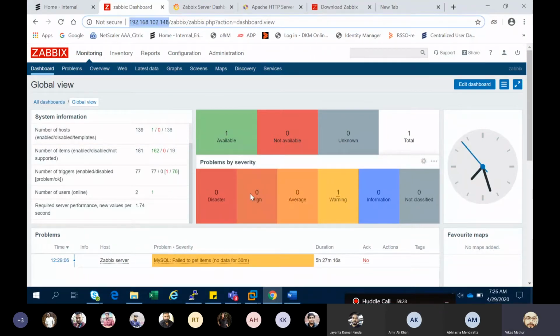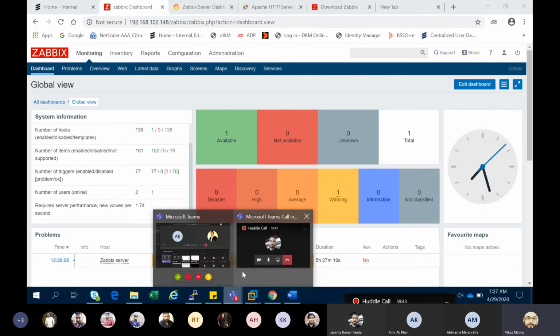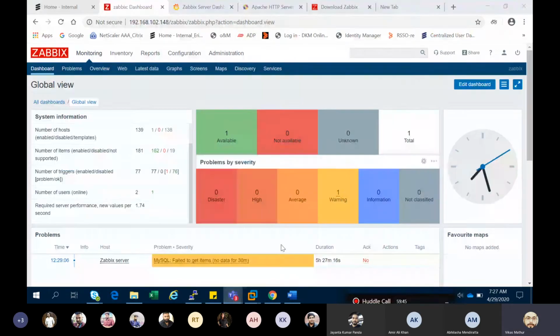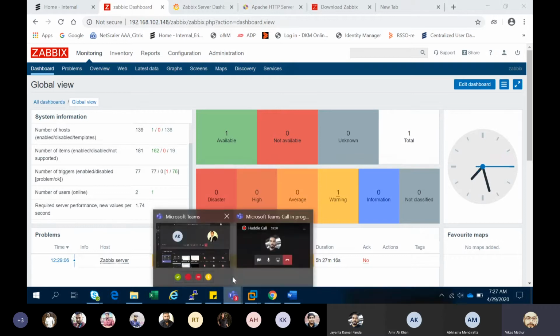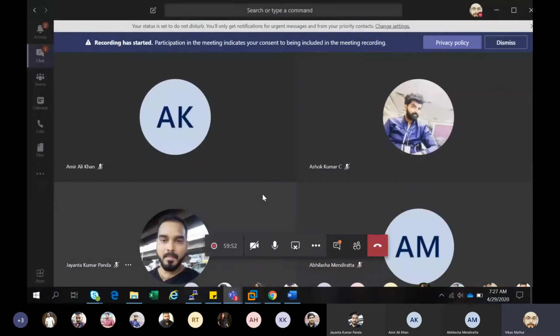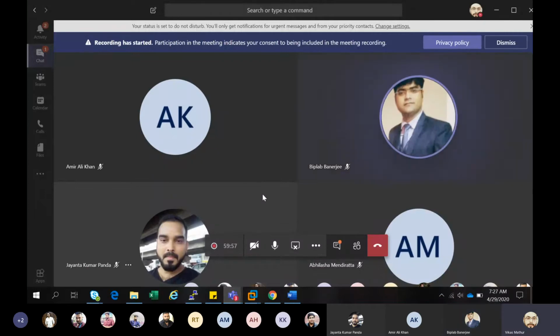So guys, do you have any question? Because next I'm going to tell about the Grafana integration. Does anybody have any questions regarding the installation and configuration part? So should I move on? Vikas, let's move ahead. Yeah, sir. I didn't hear, sir. No, I said Vikas, let's move ahead. Yeah.